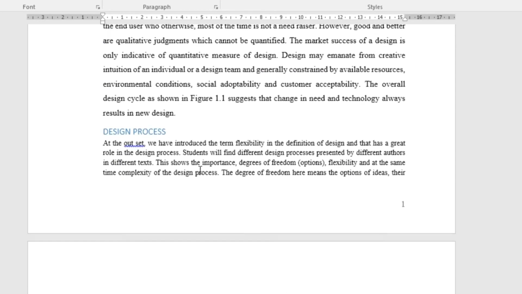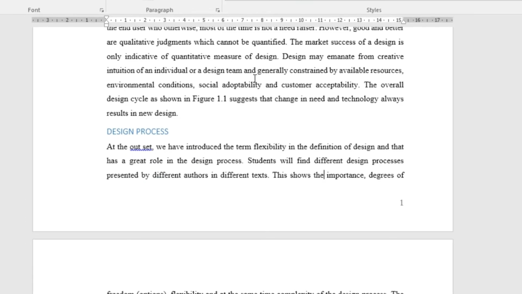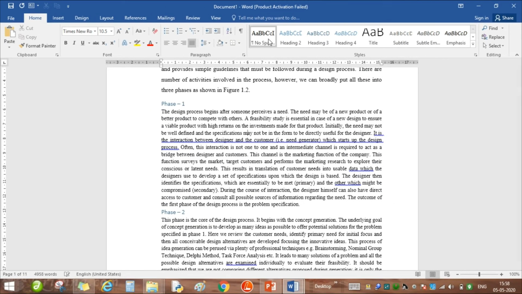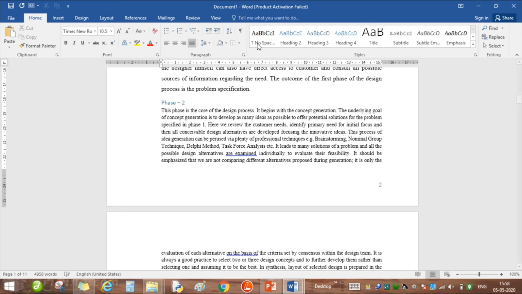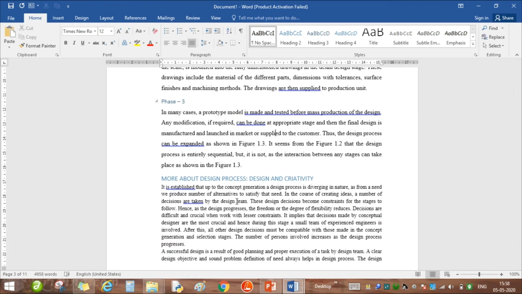Now if I click in this paragraph and apply the style, this paragraph will automatically become like the previous one. So I simply have to do one click to make all these changes. When we modify something and set our style at the beginning of the document, it is very easy for us to design our document in a professional way.